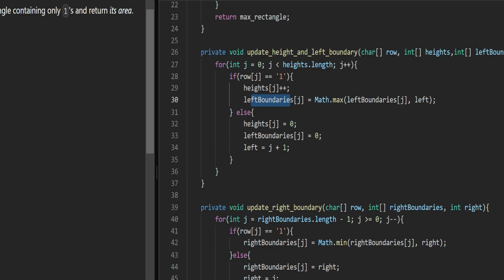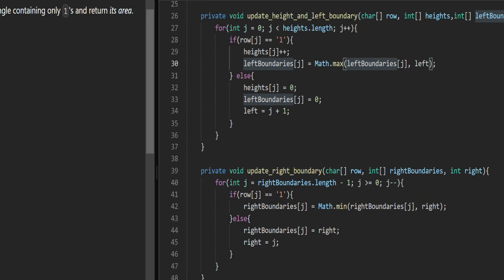We'll check what is the maximum element, if it is our current element that is maximum, or if it is the left boundary that is maximum. If this is the condition, then we'll simply update the left boundary. Else, we'll leave the height as 0. We'll leave the left boundary as it is, and we'll move on to the next element, which is j plus 1.